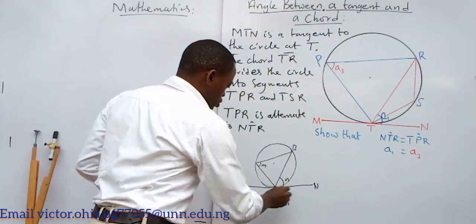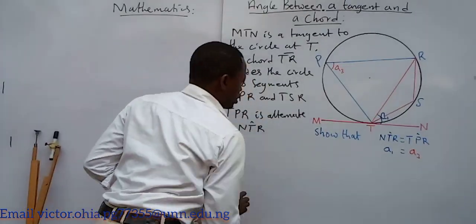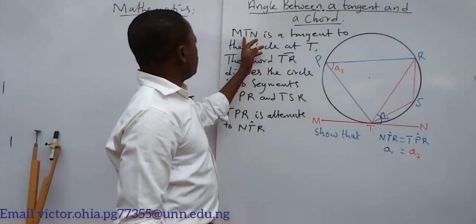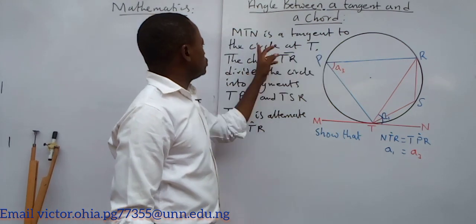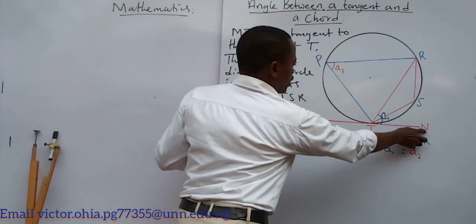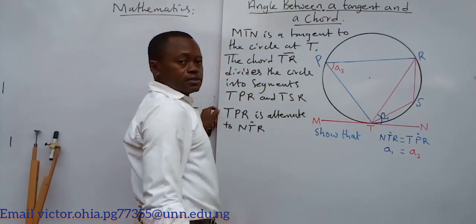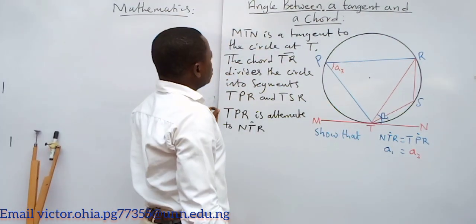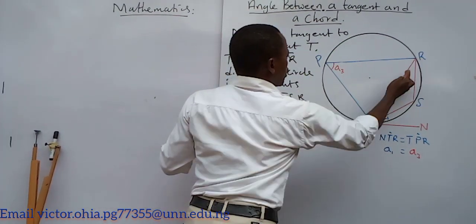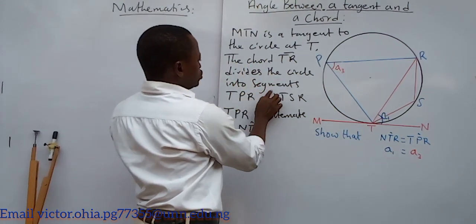All right. So let me quickly remove this, and then I go back to what we are trying to show. Back to what we have here. We say MTN is a tangent to the circle at T. Look at M, TN is a tangent to this circle at where? At that point T. Now the chord TR,